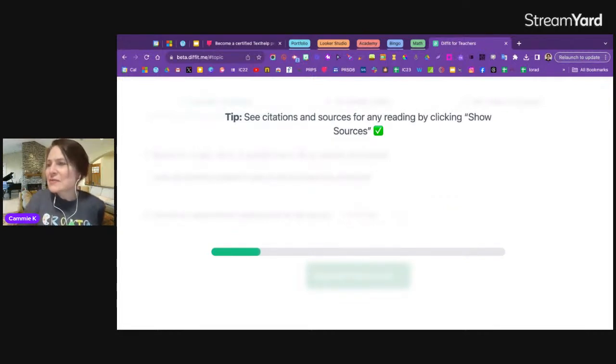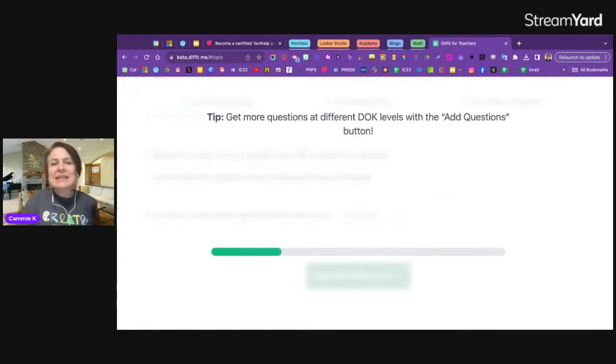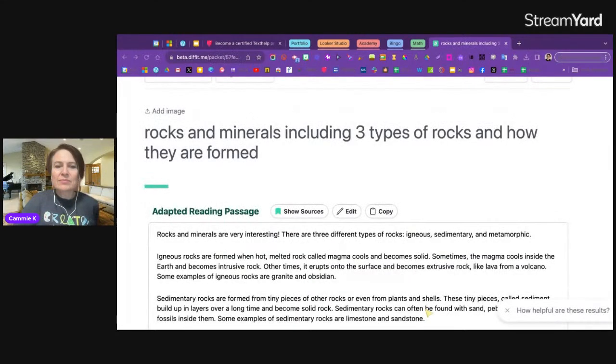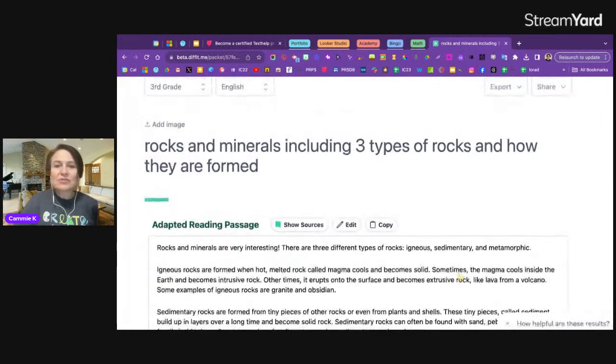I enjoy that it gives us some tips, and here it reminds us that it will give us the citations from which it's drawing its information. And you can see the green bar going across the bottom. And here we have generated